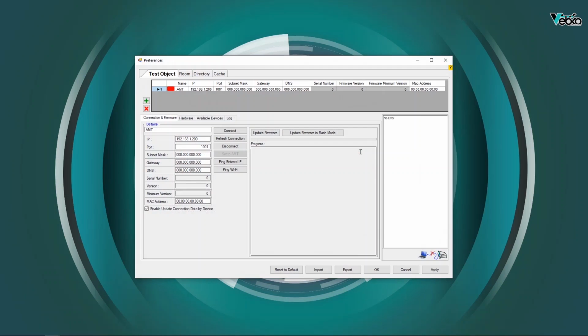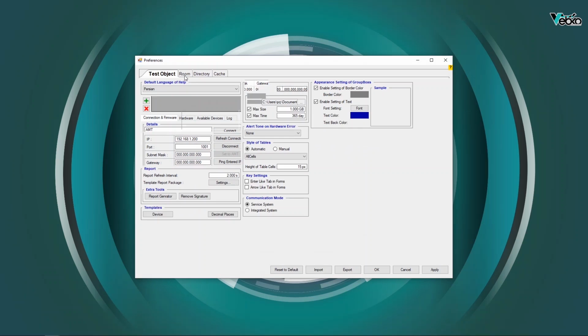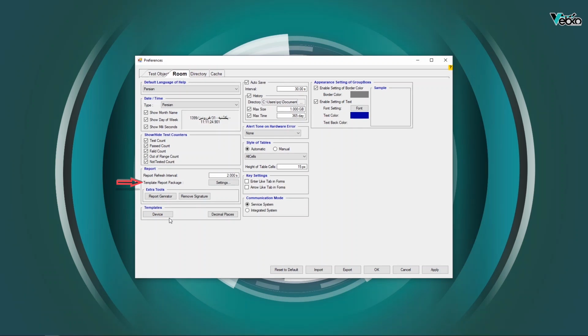First mode, custom template. In custom template, you can create a template by using device template, report template, or decimal places template modes. This can be explained by creating a template. To do so, in Preferences, in Room section, you can create a template from Device Template and Template Report Package